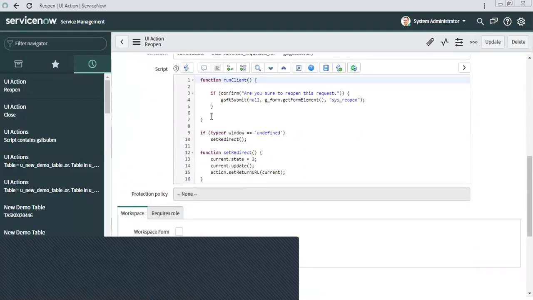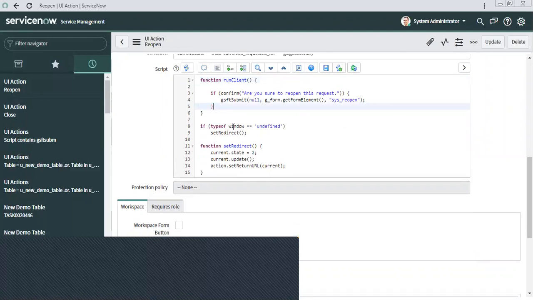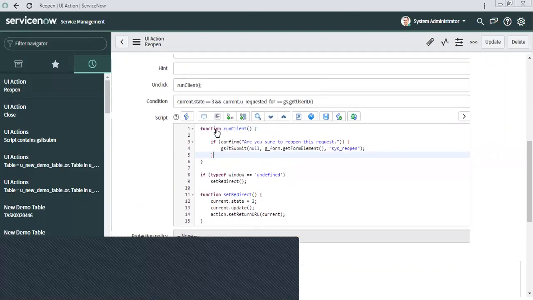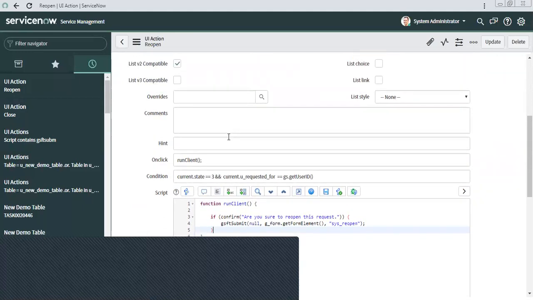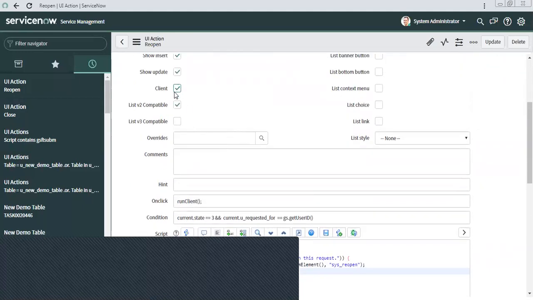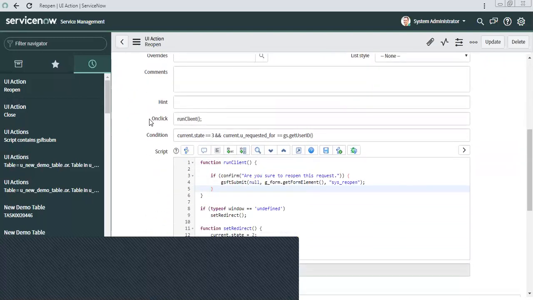This is how you write both sides of code. First, to write client side code in your UI action, you need to mark the client checkbox as true. As soon as you mark it true, you will see the field onclick.